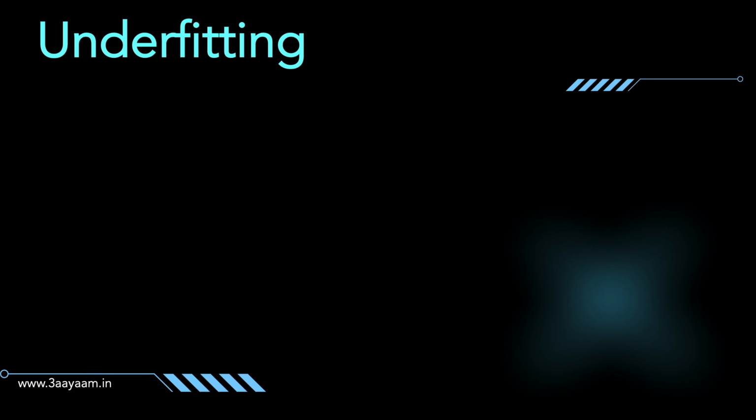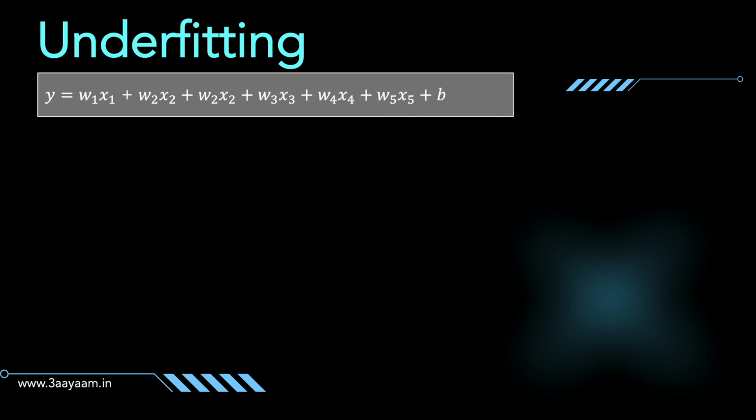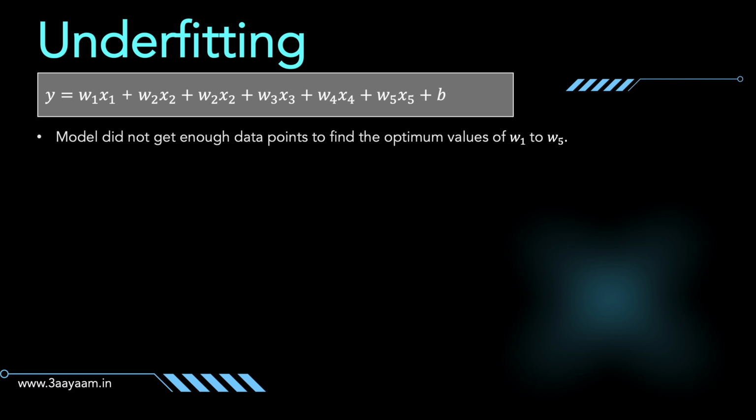There are a few other considerations while training the machine learning model, and these are relevant to GenAI as well, because at the end of the day, GenAI models are also trained on the dataset. And the term underfitting pertains to the training of the machine learning model. So let's say this is the model which you have selected, a simple multivariate linear equation. What is underfitting? Underfitting means that the model did not get enough data points to find the optimum value of